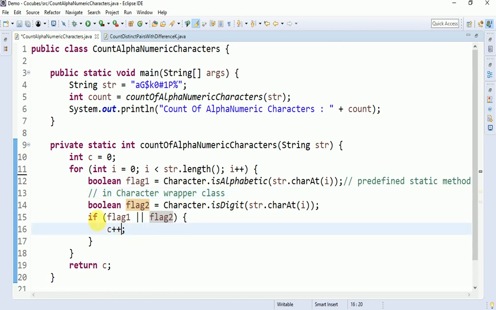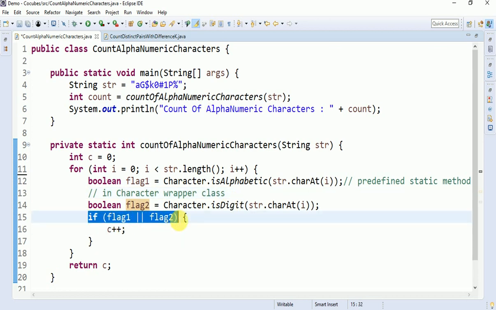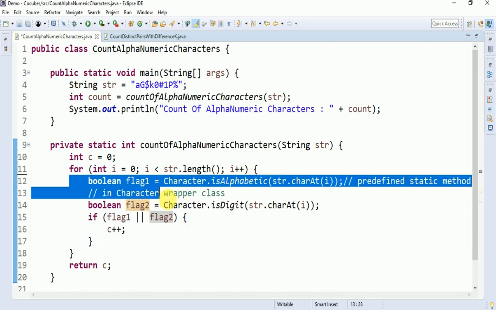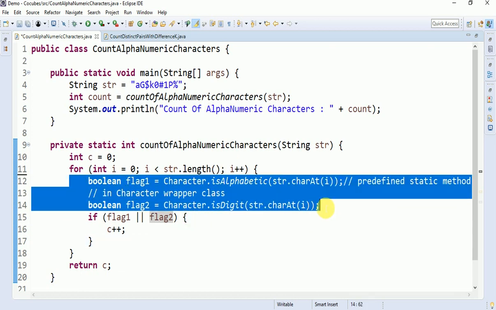So either this or this, I am doing count plus plus, else I don't want to do anything. I'm just counting the alphabets and numerics. It's very simple, just two predefined methods present in the Character wrapper class. In Java you can check whether any character is an alphabet using the isAlphabetic method and a digit using the isDigit method.